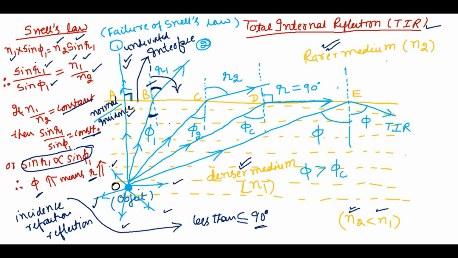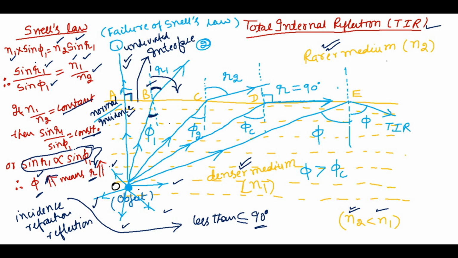So therefore, from this relation that sine r1 is proportional to sine phi 1, I can very easily make a conclusion that with increase in phi, this double arrow which is upward actually means increase. So with increase in phi, there will always be increase in r. Now we will remember this fact in our mind.